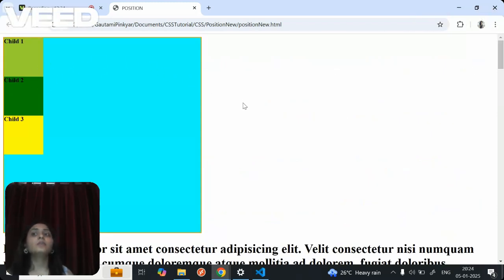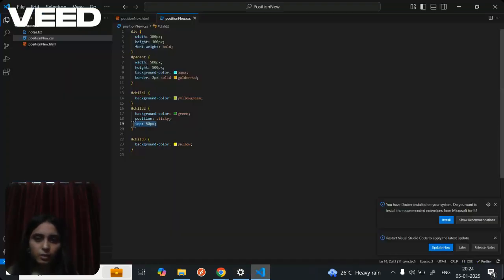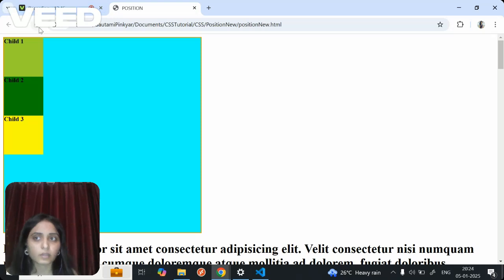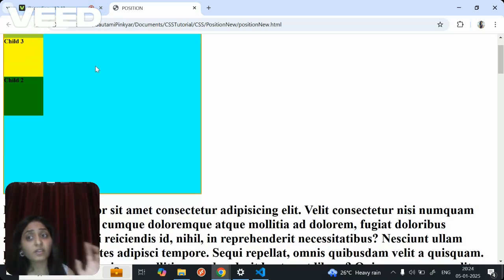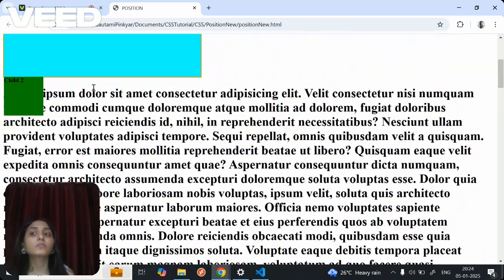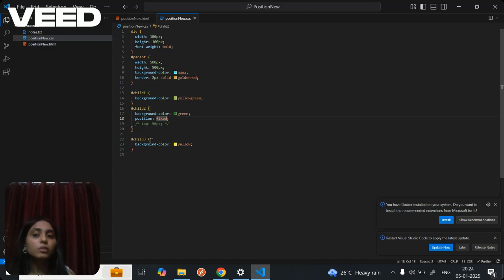And fixed is a little bit different. So fixed, we saw, right? We did not have to give any dimension. I'll show you once again. Let me just not give this, and just give this as fixed. Simple. I'm not giving any dimensions here, right? Still, throughout the scenario, it's going to remain fixed. And in the sticky, that's not the case. Your sticky needs a particular dimension. So that is the main difference.